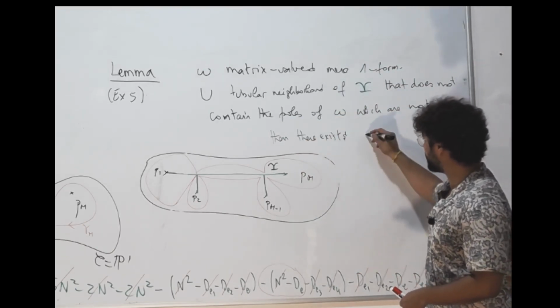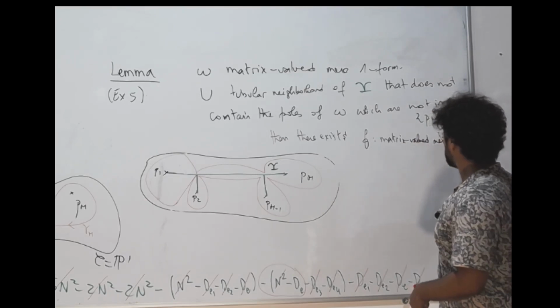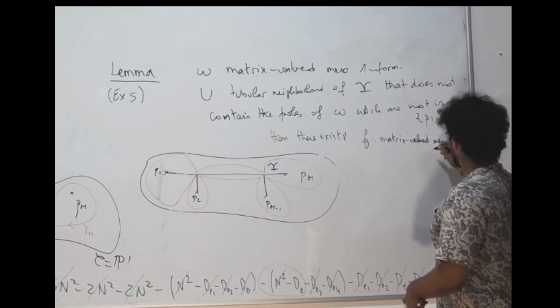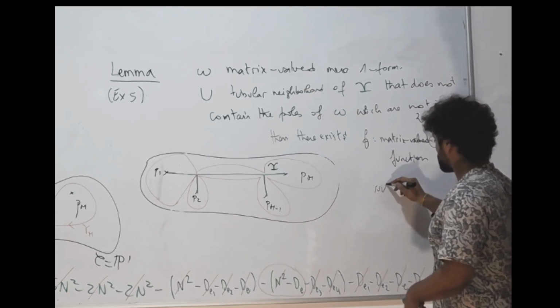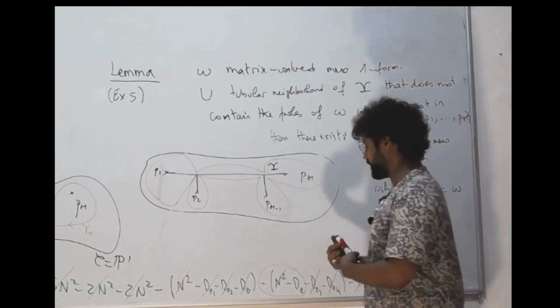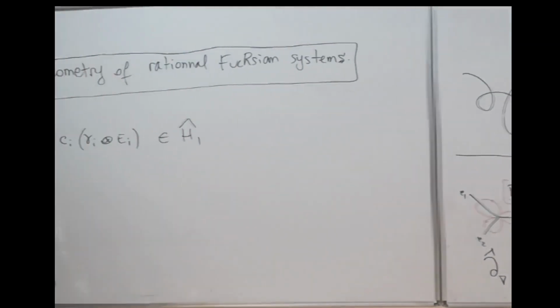Then there exists F, which is a matrix valued meromorphic function, such that dF is equal to omega. Okay, so there are primitives of these quantum differentials, or these differentials that are valued in the matrices and that get paired to the cycles. And so to finish, and we'll start tomorrow by proving this,